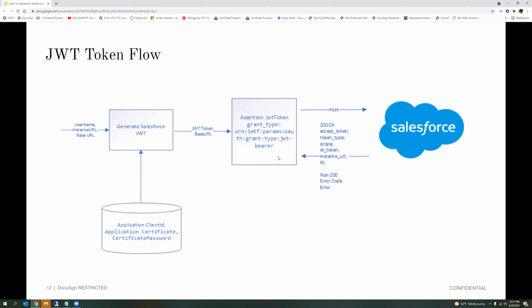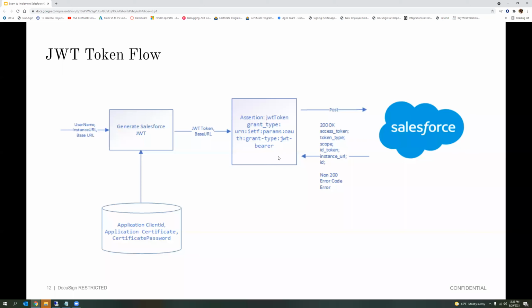You get the token type, which will say it's a JWT exchange token. It will give you the scopes which have been enabled for the user. These scopes can be different for admin users versus non-admin users. You also get the ID token, instance URL, and an ID.